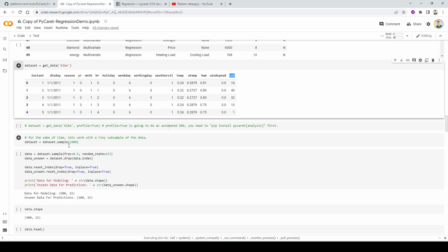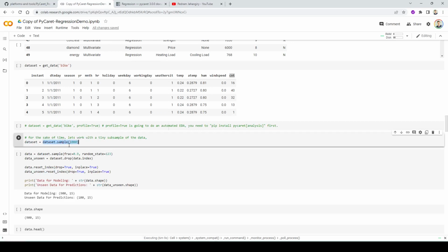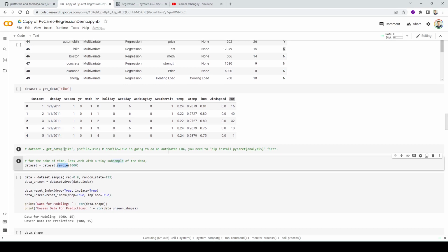So I'm going to go ahead and work with a subset of the data set by using the sample function in Python, and then replace my data set with only 1000 observations. And then when the installation is completed, I can come back and show you how it looks. So basically, when you're calling the data set, remember we did get data, we can also say profile is equal to true. If profile is equal to true, it's going to do an automated EDA, which is based on